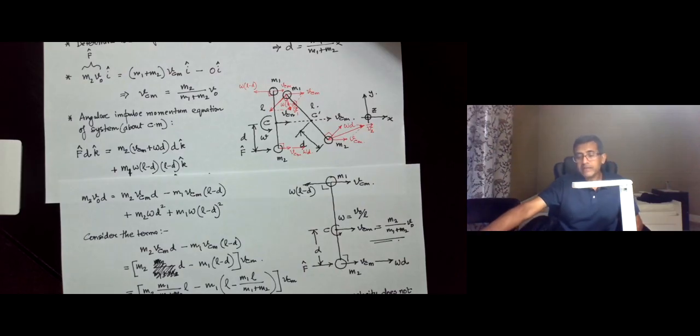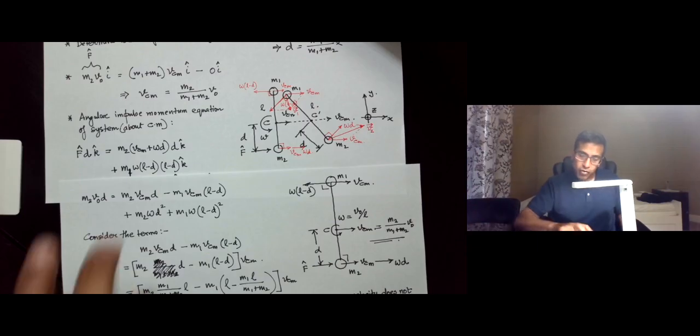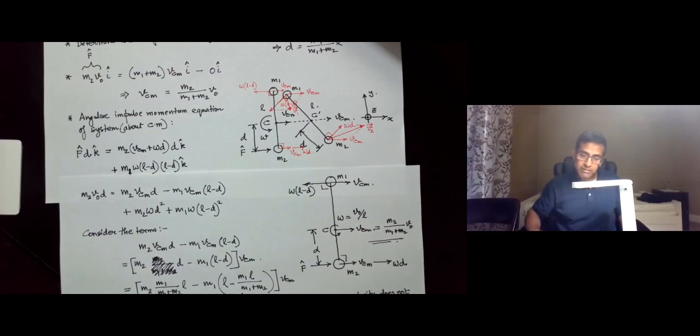And the overall motion of the individual masses is going to be a combination of these two effects: the linear impulse causing a linear velocity and the angular impulse causing a rotational velocity about the center of mass. So that's the resulting motion of the system, and the thing that now needs to be found out is the tension in the string. Now, to find the tension in the string,